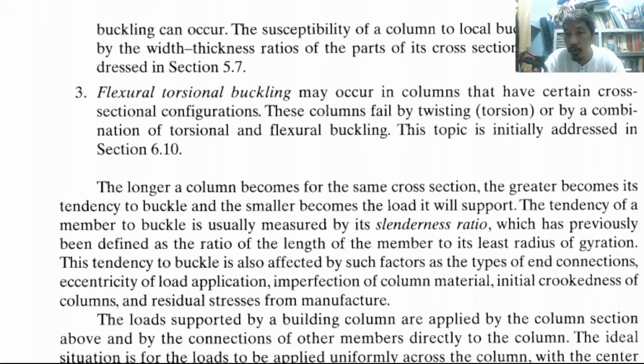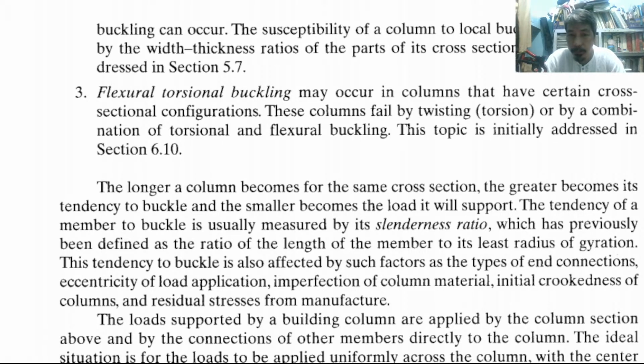There are two dimensions with regards to the cross-sectional area, and the smaller one is what we call the width. Width divided by thickness is our width-thickness ratio, not just a ratio but a variable that we would like to look into when we study